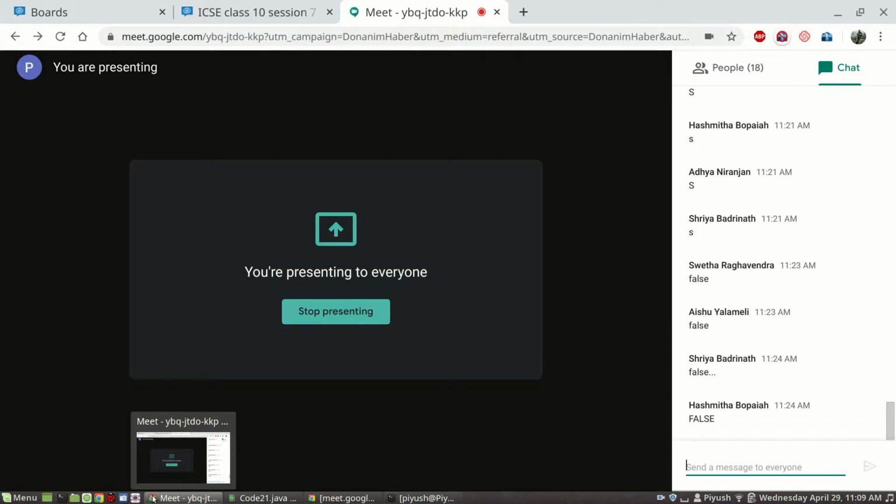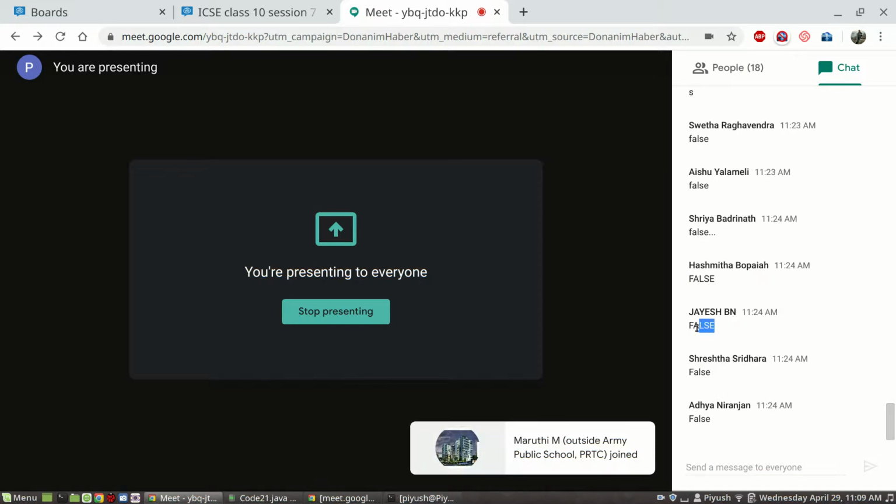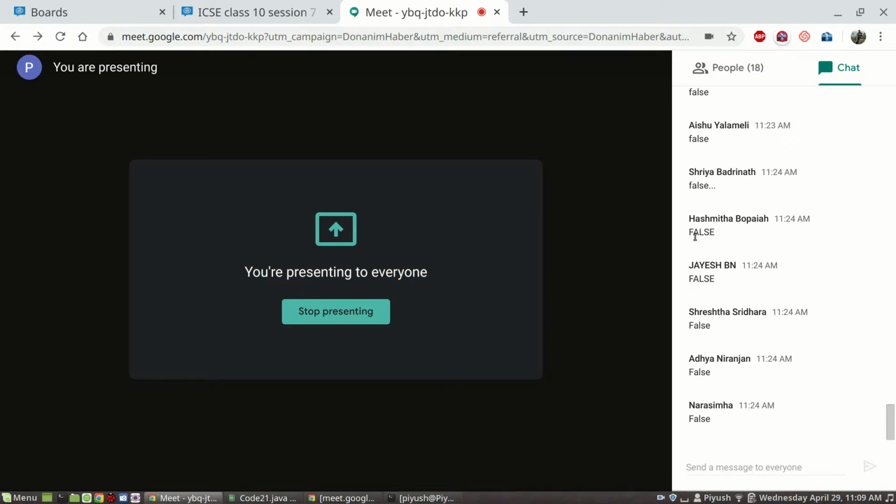False. Okay, false. Those who are typing in block letters should be very careful. If you are writing it for the sake of conveying to me, it's okay. In computers, it will be wrong because Java is case sensitive. So all letters should be in lower case. Fine if you are explaining the concept, but be careful. This is the correct version, not this or this. Okay, fine. Answer will be false.